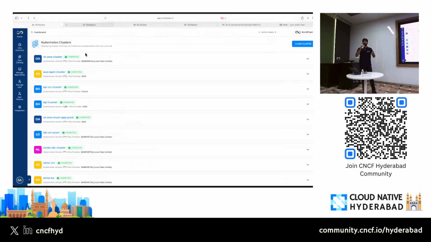So let's say you are having an application. To monitor that application, you use, let's say, Grafana or Prometheus. All of these are different tools that you're leveraging, which are external. Again, you don't have a single view for that. But with Build Piper, what additional features you see is, let's say you have a Kubernetes cluster on